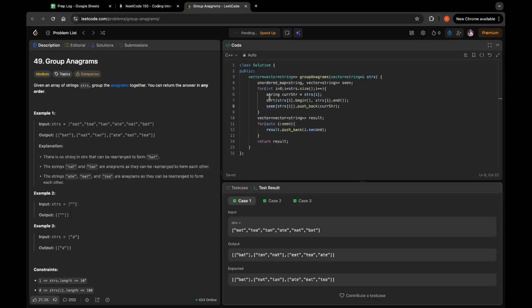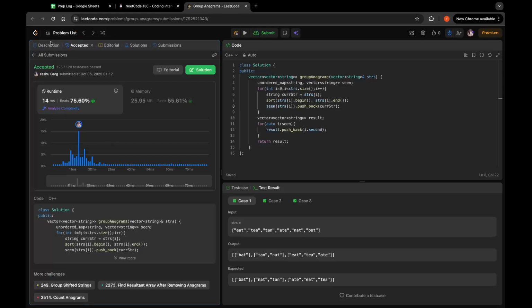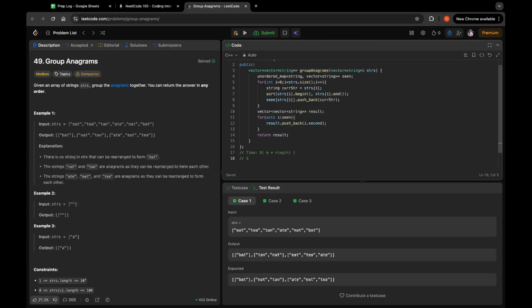Let's try and submit this. Oh, that's perfect. So the time complexity here is O of m times n log n. So m is the number of strings in this list, and n is the length of each string. And we also have a space complexity of O of